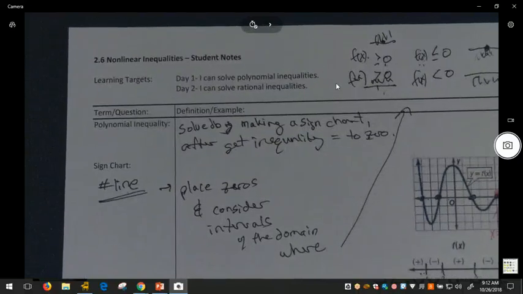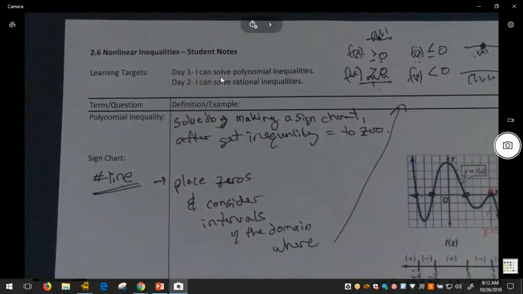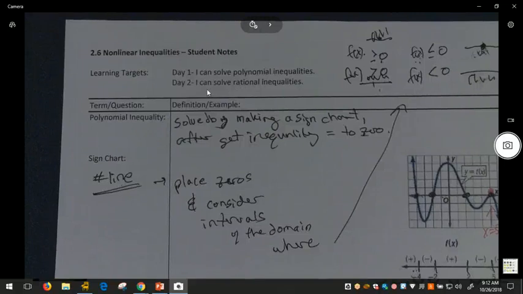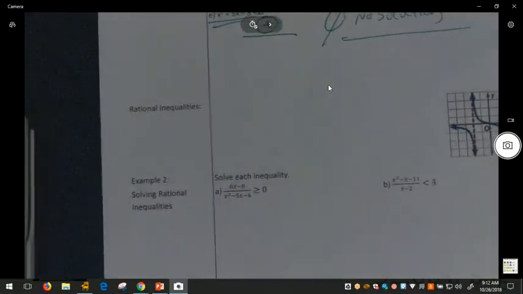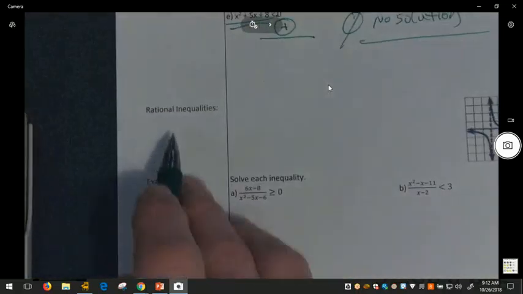Back to PreCalc Lesson 2.6. Yesterday we looked at solving polynomial inequalities. Now we are looking at solving rational inequalities. Rational inequalities are very similar to solving